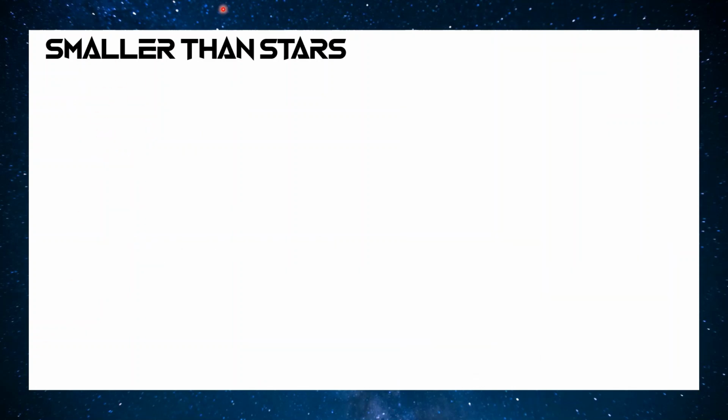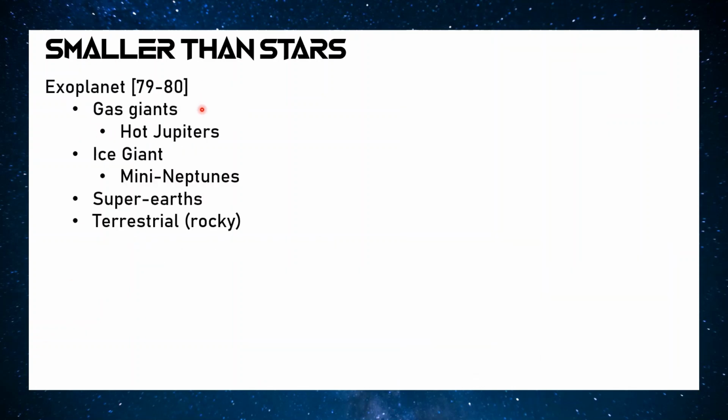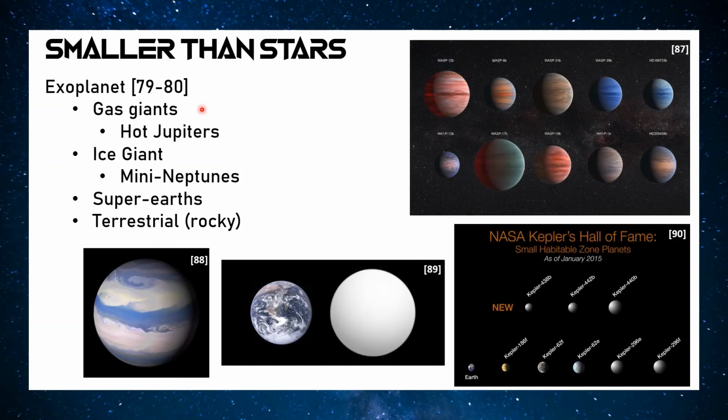Okay, so we finished out with our solar system. Let's take a little gander at other places, because obviously the universe is a very big place, and there are small things that are smaller than stars far beyond our solar system. So the biggest thing here is, of course, exoplanets. Now, of course, there are going to be moons, moonlets, dwarf planets, etc., all the way out there, but we're just